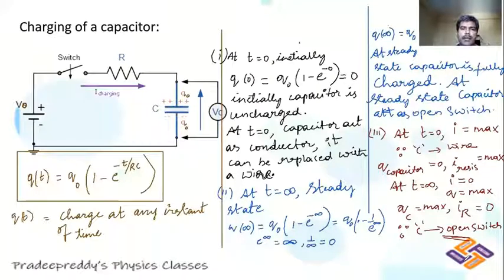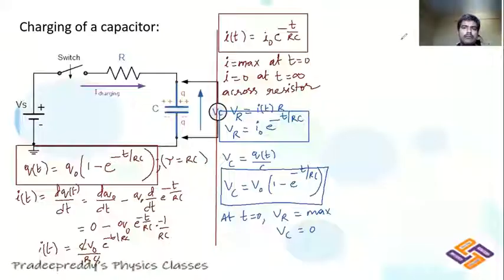So this is a very, very important topic. Why is it important? Students, we already have the equation for Q of t, where Q of t is Q naught into 1 minus e power minus t by RC. In order to find the current in the circuit, I am integrating that expression with respect to time. So if I integrate this, you will get the equation I of t is equal to I naught into e power minus t by RC. This is the expression which we have got for time t.